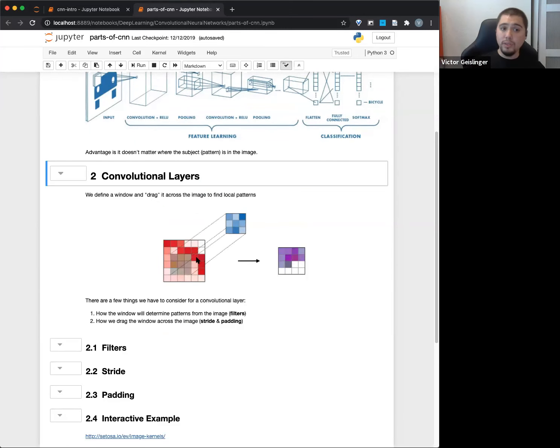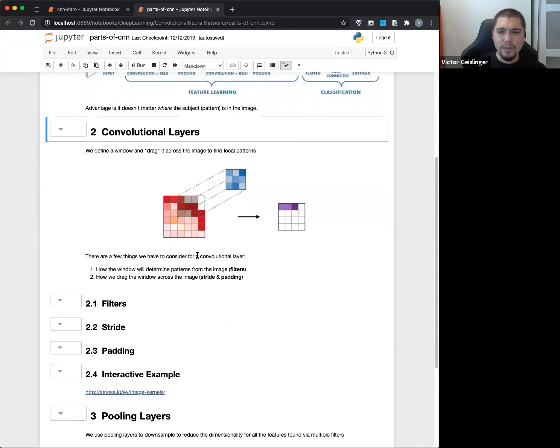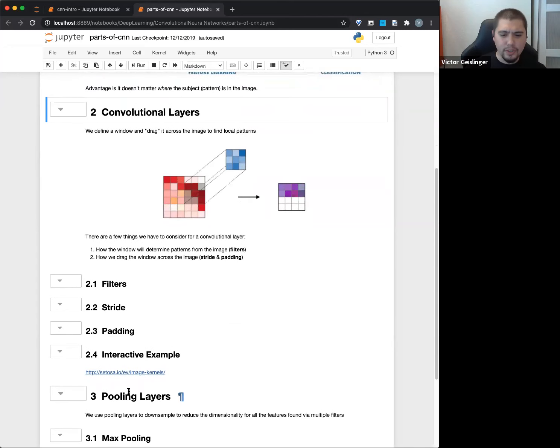So you can see we're losing information in some ways, but we're also finding patterns in there. You might say, well, how do we do that exactly? I'll show you a quick example, and I'll probably end on convolutions for today at least. You can see as this drags across, it's kind of hard to see because it's moving a little fast in this animation, but this 3 by 3 window is reducing to